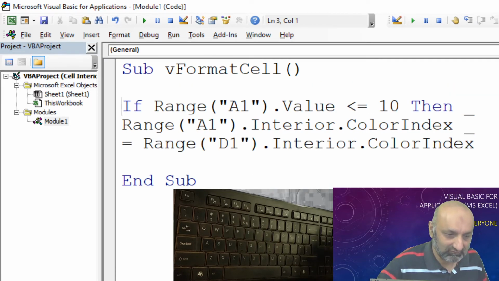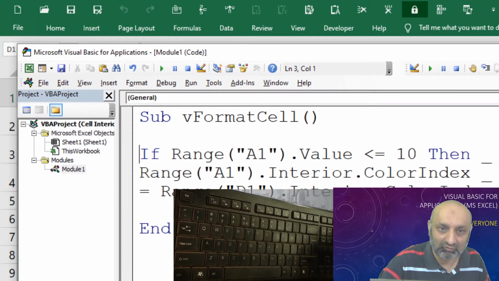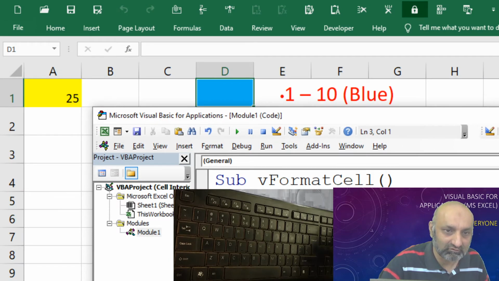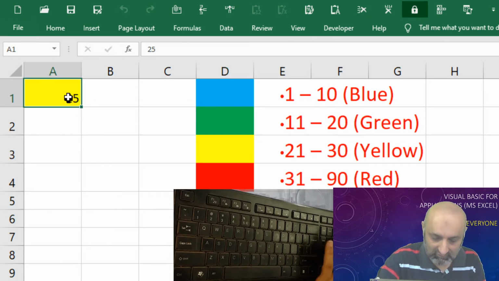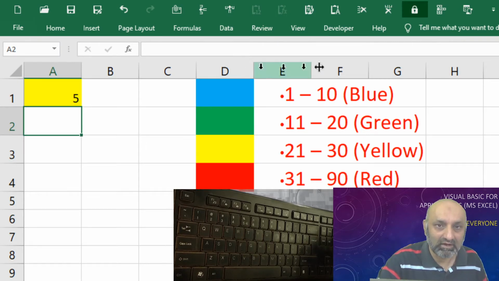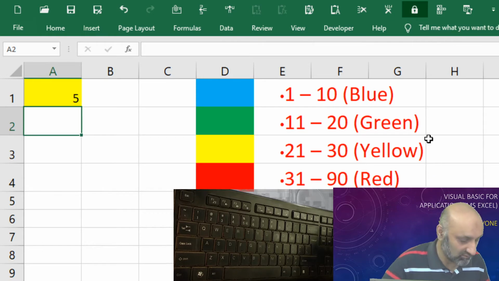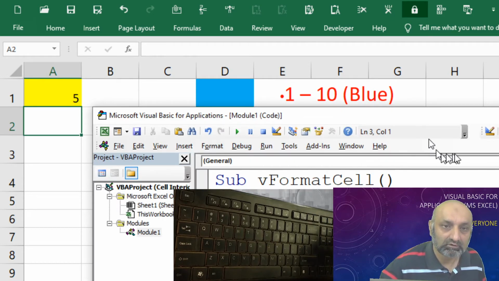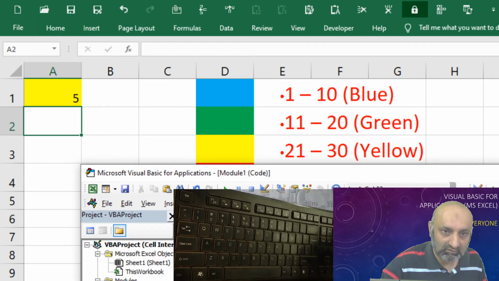Okay, so let's run and see if this works. First, we need to change this to 5, and let's go back to our VBA editor and run it.